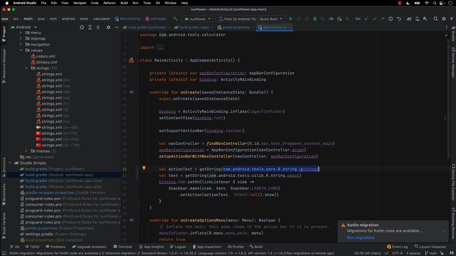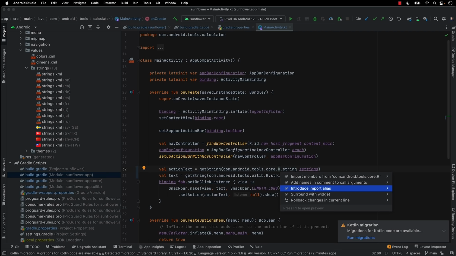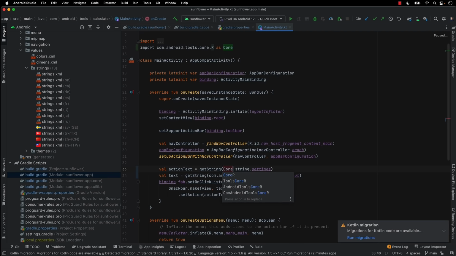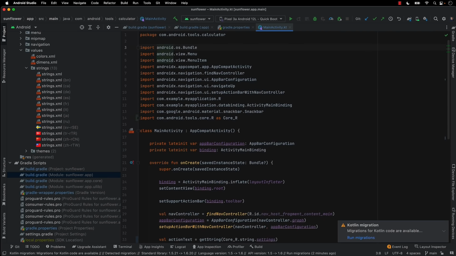It does make accessing the resource from other modules a bit more verbose since you use fully qualified names to the R class, but in Kotlin code, we can clean things up by using import aliases. Anyway, it's not for everyone, but the refactoring should make it easy to try the setting to see if it makes a meaningful difference to your project's build speed.